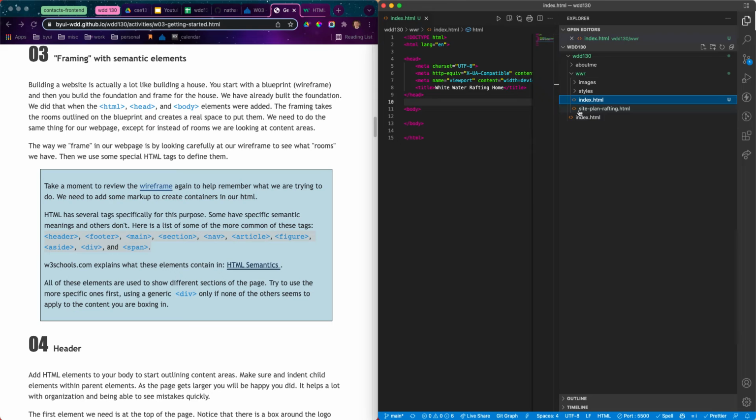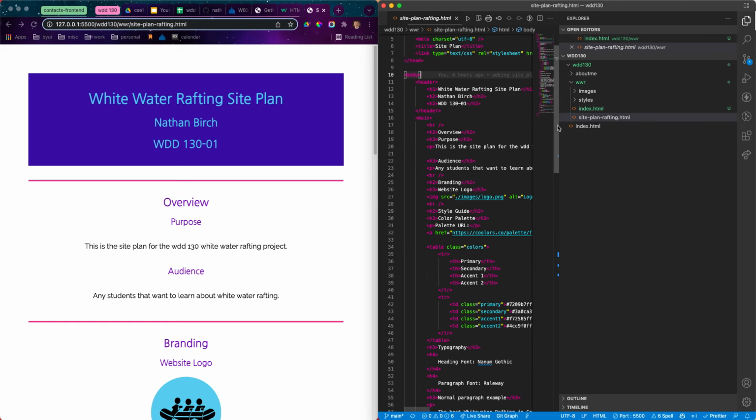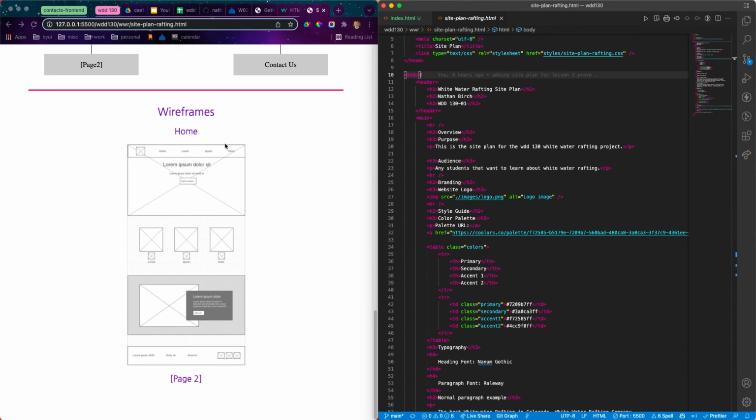So I'm going to click on my site plan and I'm going to open this up with Live Server, because this is one of the locations where I can see that wireframe. And so I'm going to scroll down and look at this wireframe for a sec and see how we want to build this out. Okay, so we have this nav bar at the top. If I look over here,